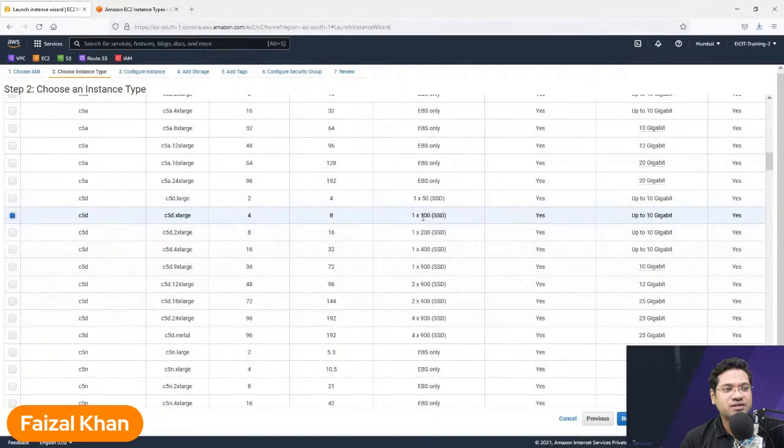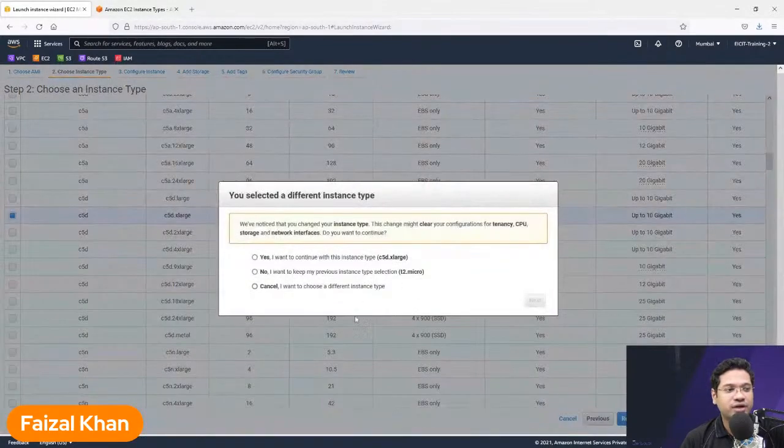Each one of these instances has a set or a predefined instance store. So you cannot, like your EBS volume, say you want exactly 10 gigs or you want exactly 100, because whatever is there is what you get, right? So for example, if I were to select the C5D.xlarge, which comes with 4 CPUs, 8 GB of RAM, and it also comes with one instance store, which is 100 GB in size, which is an SSD. So if I go next here,